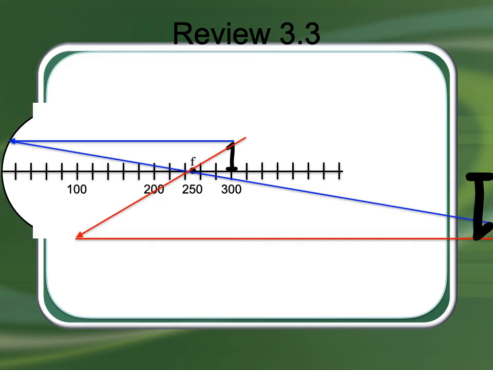And if you look at my diagram here, we've got the line going from the top of the 1 into the mirror. It bounces off the mirror through the focal point and goes out. The second line starts at the top of the 1, goes to the focal point, hits the mirror, and bounces back. And again, I had to kind of fake where it does that. And we end up with an image way out there and very large. Again, it's not perfect, and I apologize. If I realized where the numbers were going, I would have fixed the numbers before I sent home the review, but I didn't. So that's life. That's what it looks like, and you can kind of see how this works, though. This is between the focal point and the center,